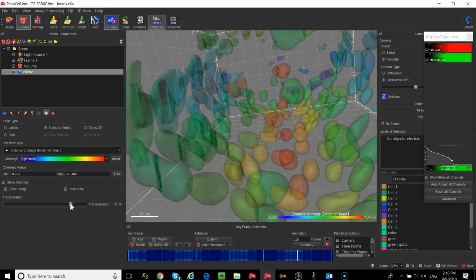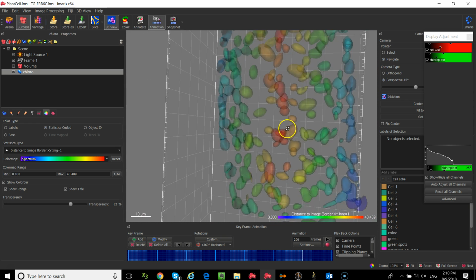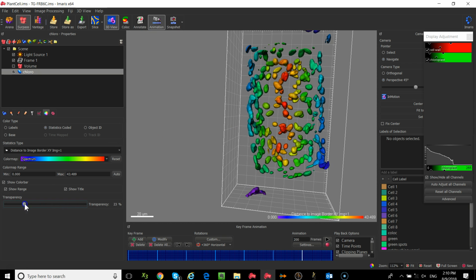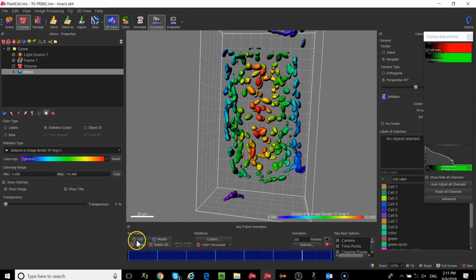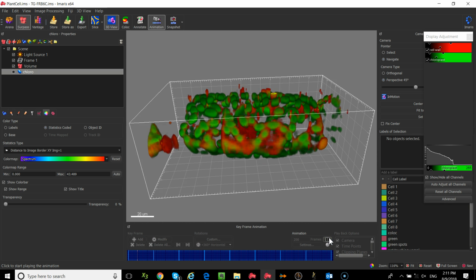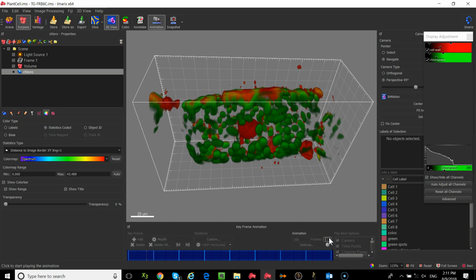That can also be included in an animation. So now I'm going to click Add, and I'm just going to rotate a little bit more, and then I'll bring the transparency back down and click Add, okay? So now if I go back to the start and hit the play button, you'll see that it will, actually you don't have to start from the start, you could start from wherever you want in the movie,